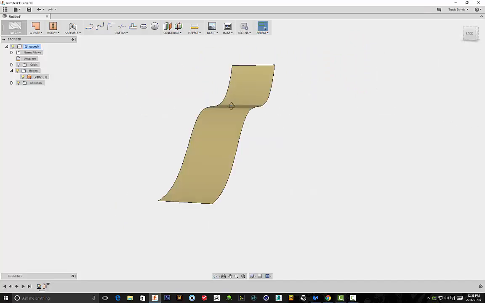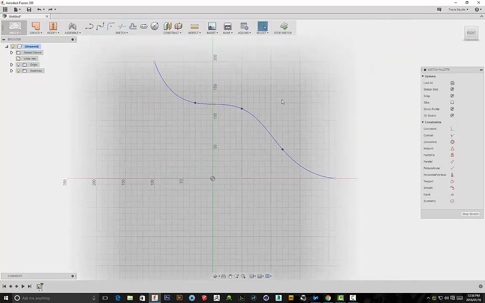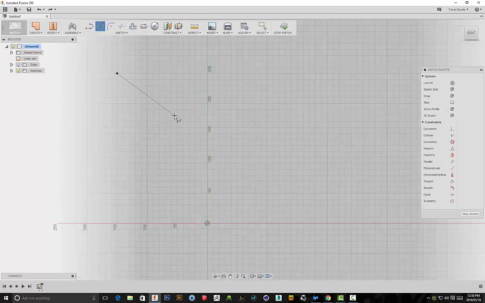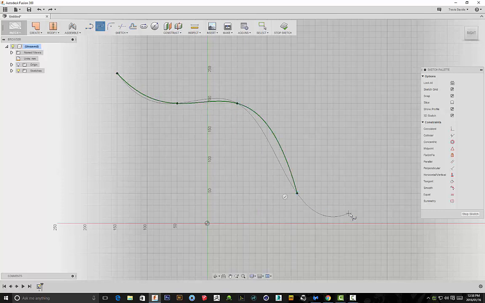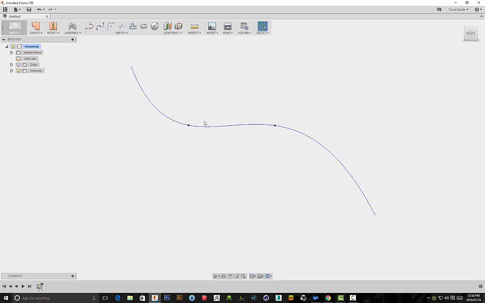So before I head on to the next feature, I'm actually going to just go back again. I'm going to draw out another piece of geometry. Let's just say something a little bit, yeah, alright, we'll draw that out. Okay, now you'll see I'll click on stop sketch, and again, if I want to just extrude this spline, I